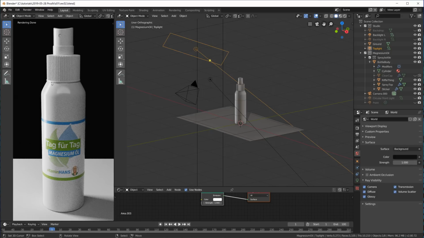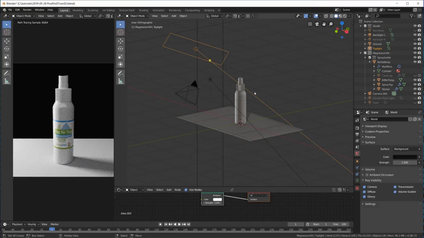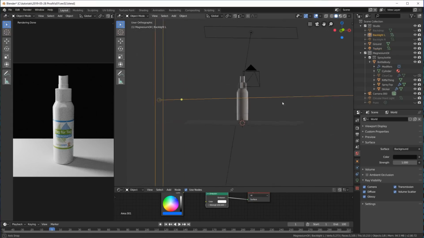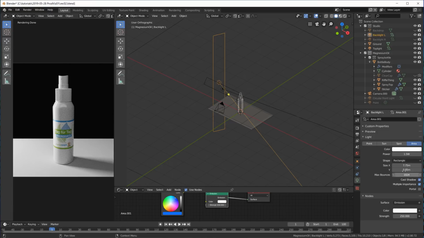And that's really what I'm looking for, because this adds not only depth and three-dimensionality to this object that I want to visualize, but also it shows that this is a glossy material here. So we have this glossy white plastic, and this is a glossy sticker because the reflection is visible all the way down here. Now this is this light here, rather big area light, a rectangle with the rather high strength